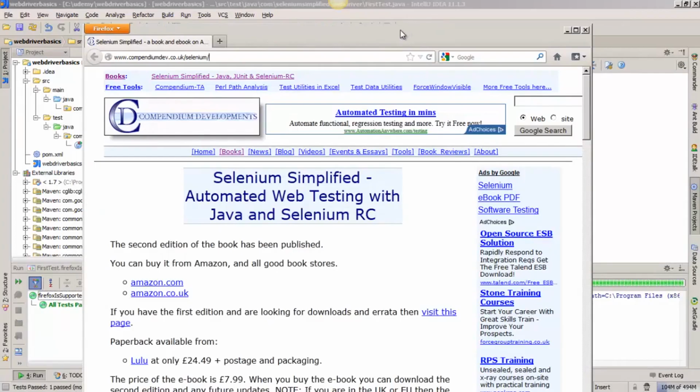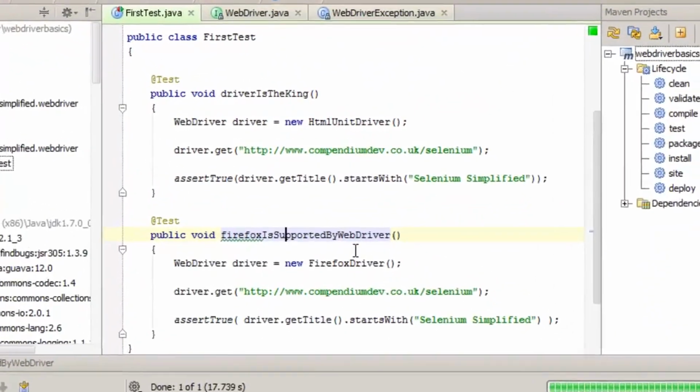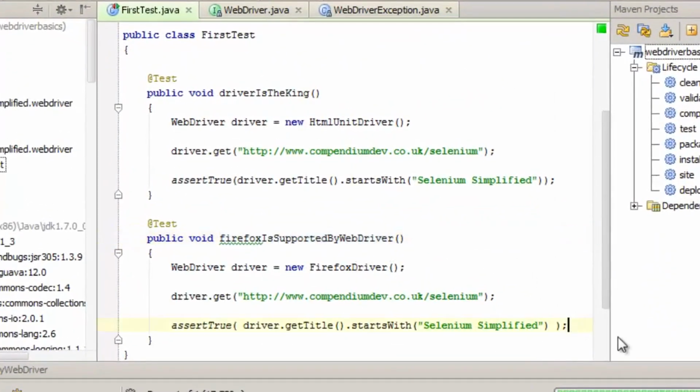So there we go. A couple of things there. Firefox took a lot longer to start. On my machine in particular, for whatever reason, Firefox takes 10 to 15 seconds to start up. Yours may start faster. The other thing is, you can see here the test has stopped, the test has finished, the test has passed, and I still have a browser window open. That will be a killer if I have more tests. So what we have to do,